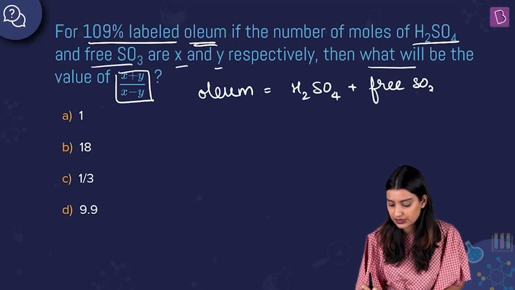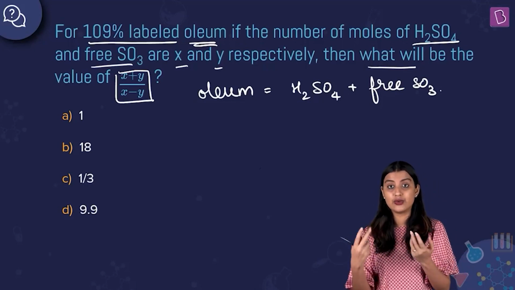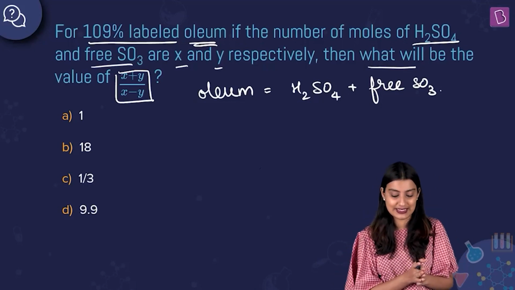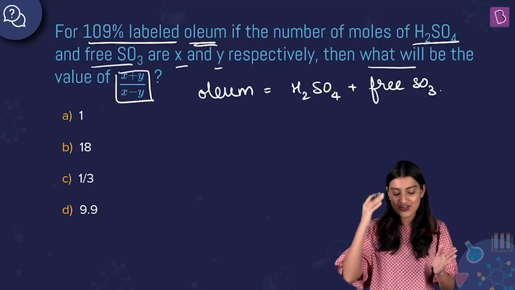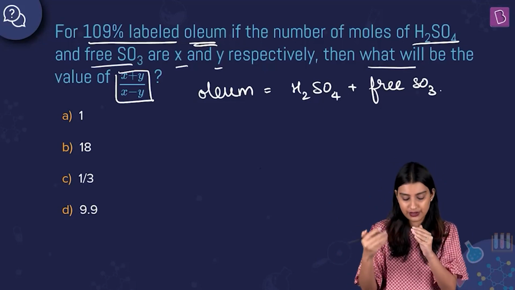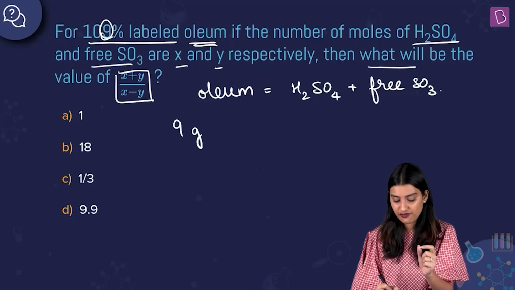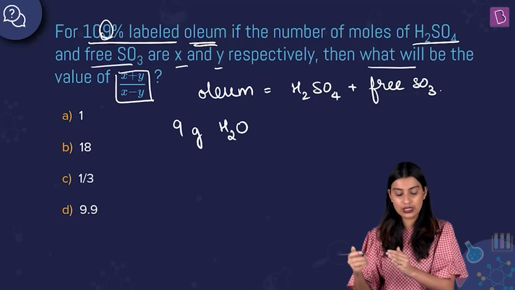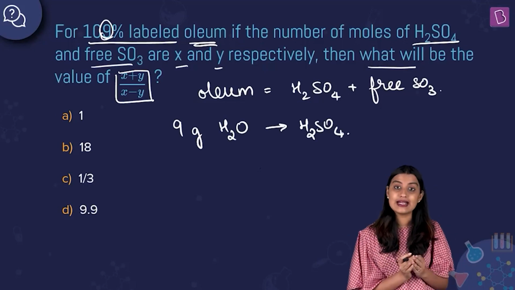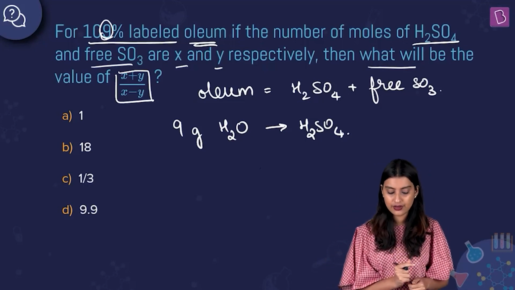You have some SO3. So basically what happens, you have this free SO3, you add water to it and you get more H2SO4. So oleum is super concentrated H2SO4 basically, and it exists at 109% label. Okay, what does 109% mean? Whatever you have more than 100, right? So basically this 9% is indicating that if you add 9 grams of water to this oleum, you will get stoichiometric amount of H2SO4. Okay, that is what this is indicating. Understood? So that's what we have here, and we already know this, right?